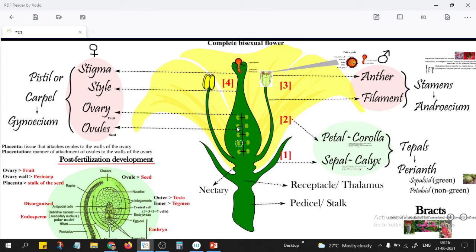Yes. So there is a group name for the male reproductive part, that is androecium. The group of the stamens is known as the androecium. Sir, like you said, gynoecium is the group name for the female part. So can there be multiple pistils in a flower? Yes, so generally there will be one pistil commonly, one pistil or one carpel.